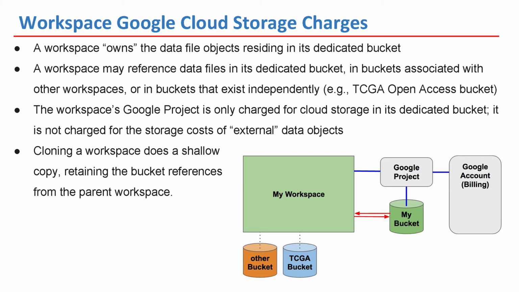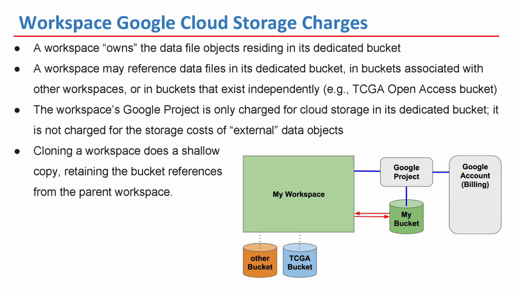We touched briefly on workspaces and a data model that has entities like pairs and participants and samples and attributes associated with those. For example, a BAM file or maybe a clinical file. Those files are within the workspace and in your data model. If you take a look at those entities, and we will be doing that, you'll be able to see that there are pointers to files in buckets within cloud storage. Those files may point to the bucket that is directly linked to the workspace,